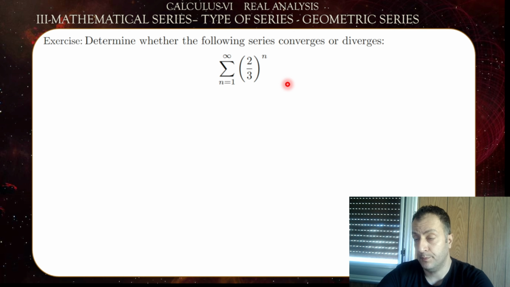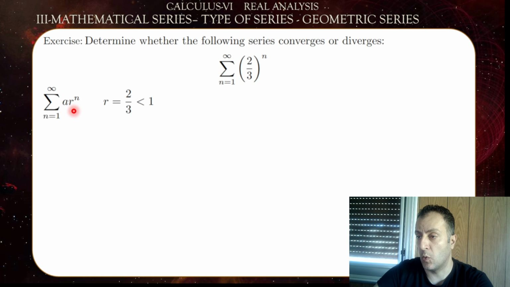So the main form of this series is given by sigma from n equal 1 to infinity of a times r to the power of n, with a equal 1 and r equal 2/3. So sigma n equal 1 to infinity a r to the power of n, r equal 2 divided by 3, which is less than 1. So the series is convergent. And the sum is equal to